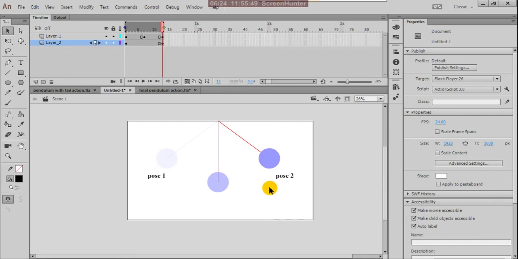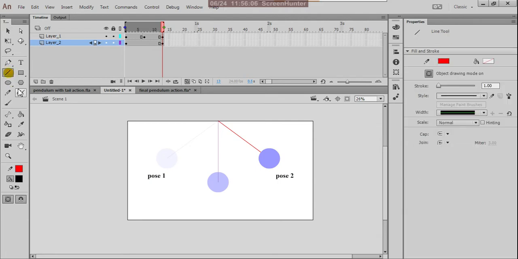So pose 1 and pose 2, these are important poses. Okay, without the center one, the pendulum action will be straight.